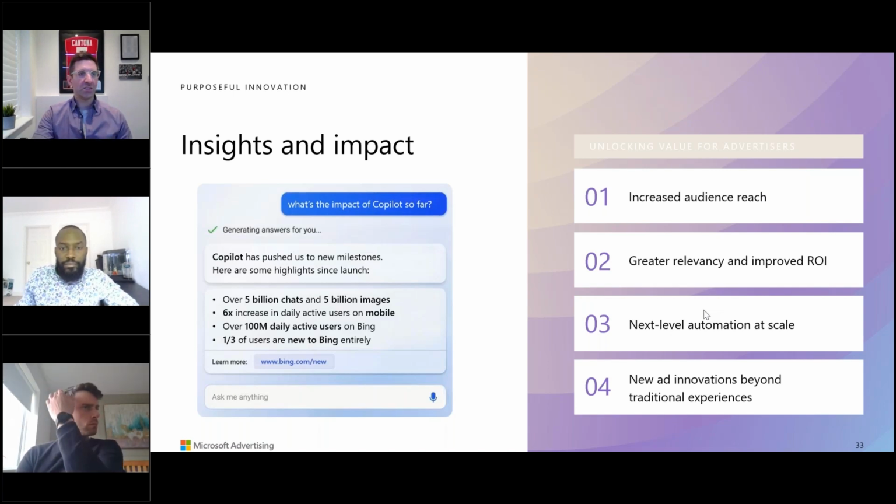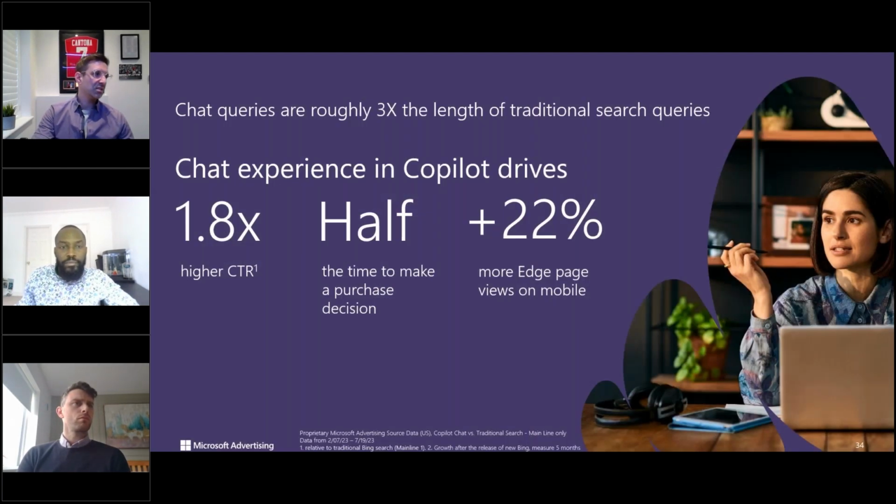There's loads of really nice stories in there. The headlines, as I said, half the time to make a purchase decision. So while costs may change, the way that you're measuring is also changing. By taking a greater click-through rate, by seeing more Edge page views on mobile, we're generating that kind of supply